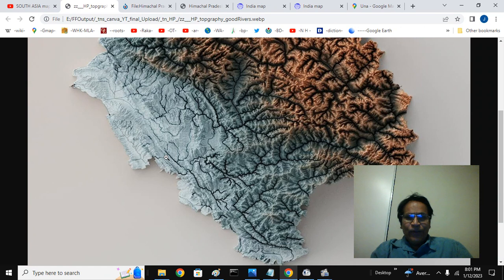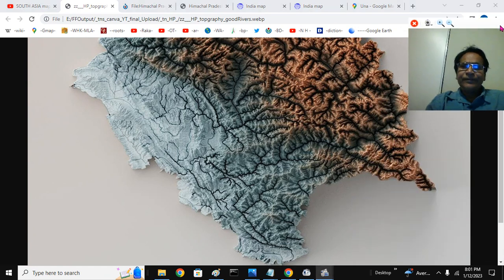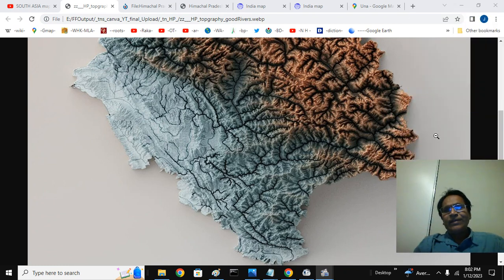So you can see this is the Great Himalayas. This is the Sivaliks. You can see this is a Sivalik spot here. This is actually Shola Singhi mountains. There is a mountain ridge. This is the Sangla river or Baspa river. This is the Shipki La Pass.